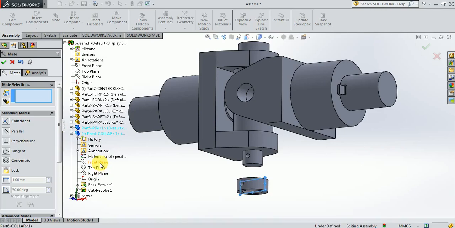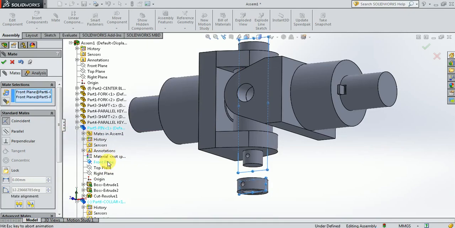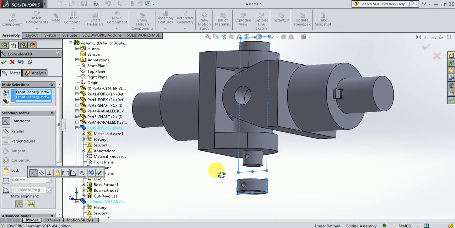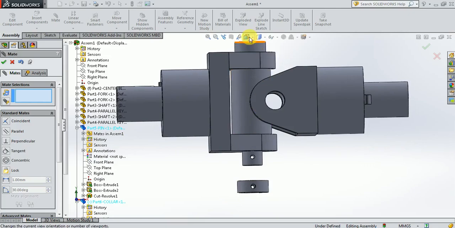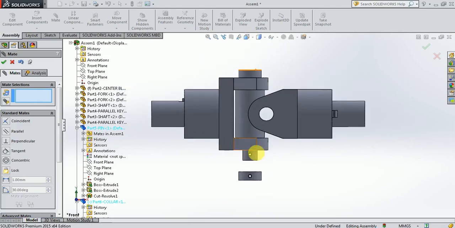The front plane of the collar is here, and the front plane of this pin will be selected now. The front plane of the pin is here. So I have aligned the front plane of the collar and the front plane of the pin. Now you can see, if you keep it in front view, they are going to appear like this. So they are aligned.